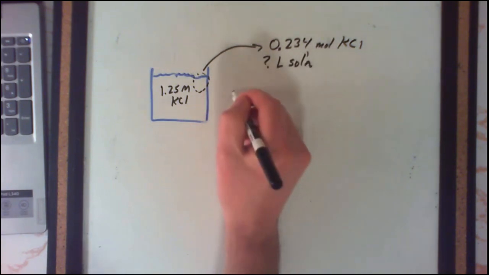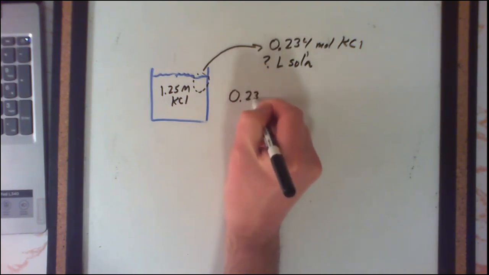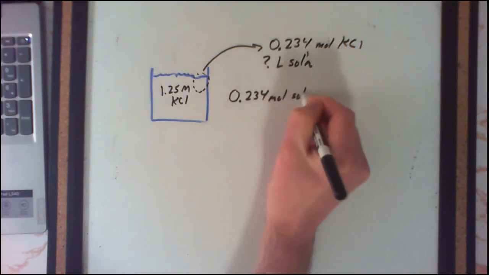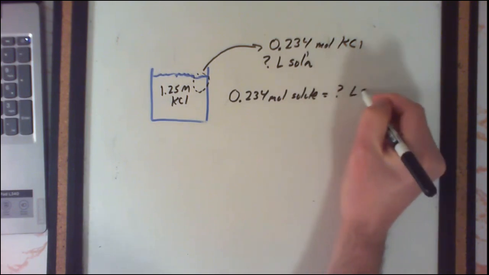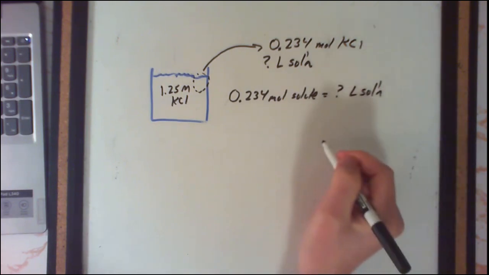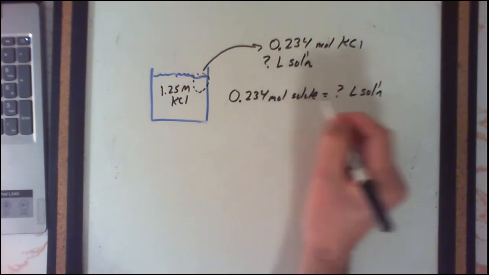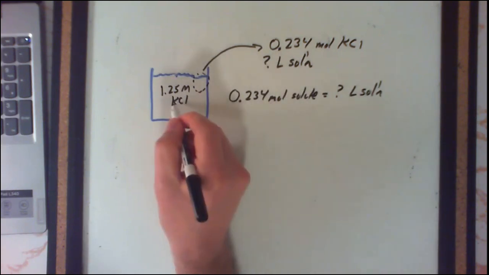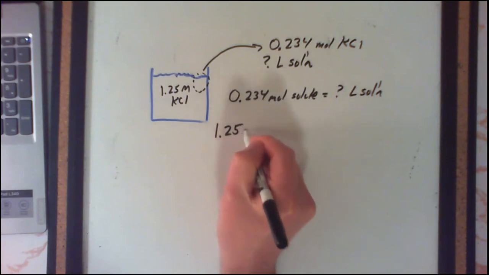So ultimately, we want to relate our moles of solute, 0.234 moles of solute, to how many liters of solution. So the unit conversion I need to make would be from moles of solute to liters of solution. And we're given the molarity. So let's think for a moment what molarity means. So molarity, 1.25 molar in this case,